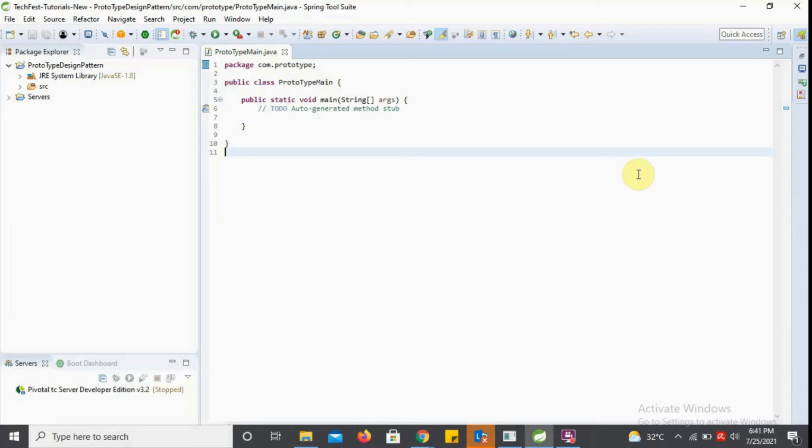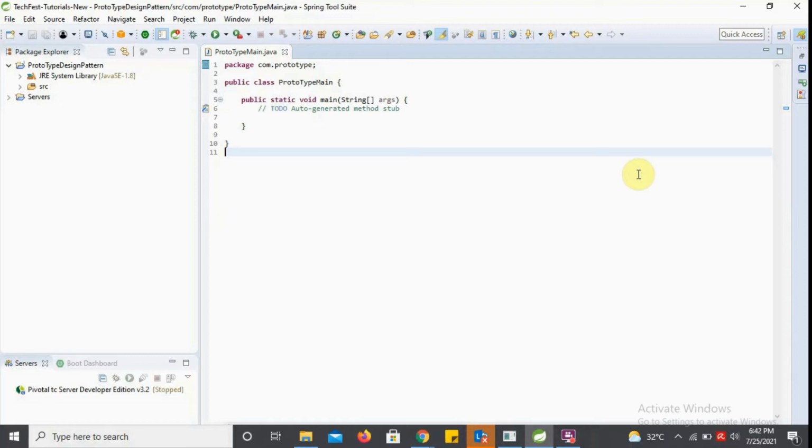So whenever we already have such an object in our running code, and we are able to make a copy of that object and use it, then we implement this prototype design pattern.